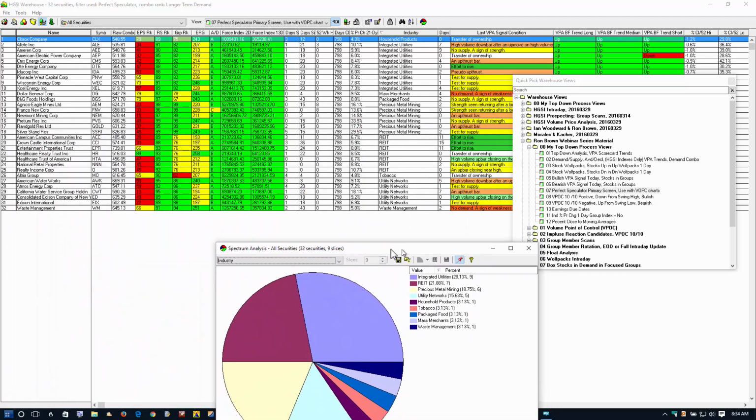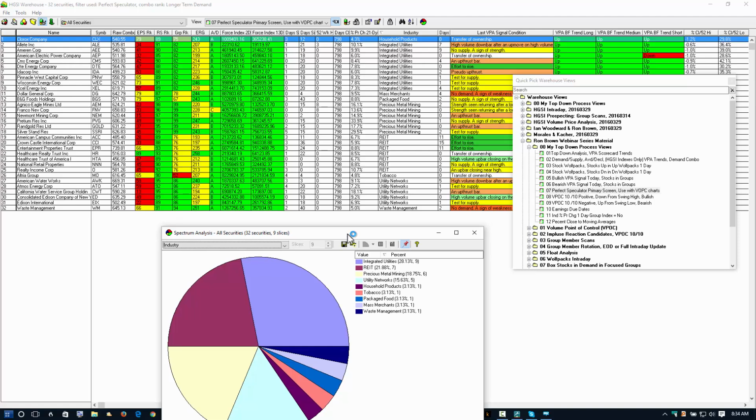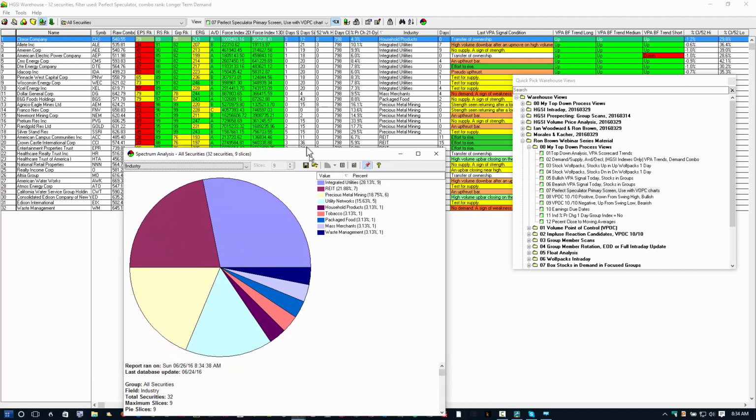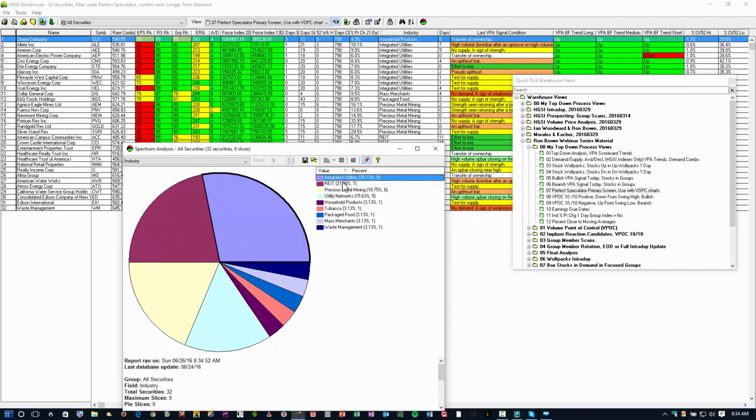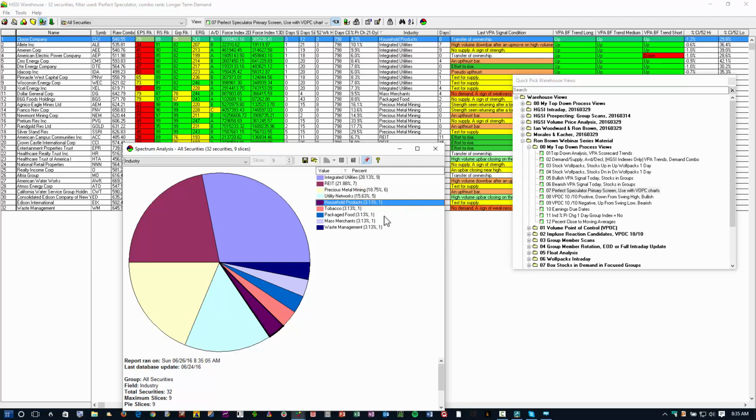These are stocks that are either trading at all-time highs or at least 3.5-year highs, somewhere in that neighborhood. And look where the money's flowing. No surprise here. Integrated utilities, REITs, precious metals and money. Utility networks, household products, only one household products, but you know these are defensive, all of them,